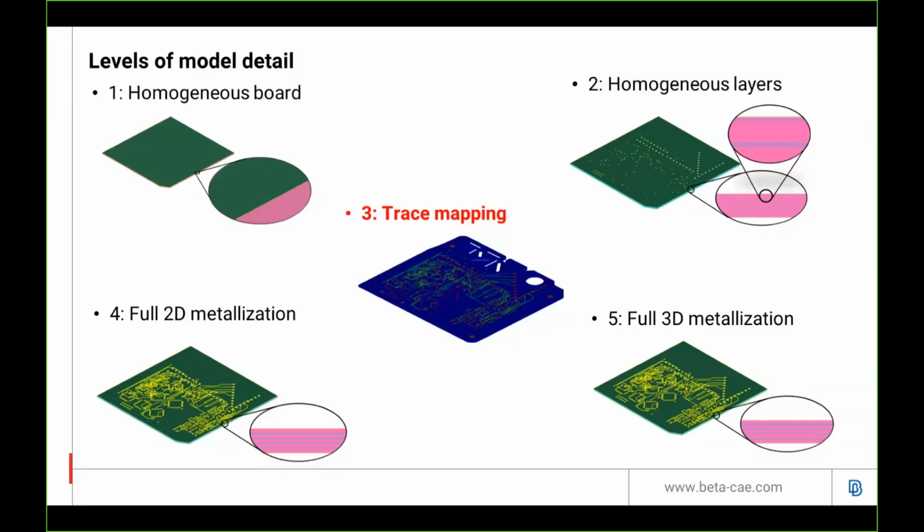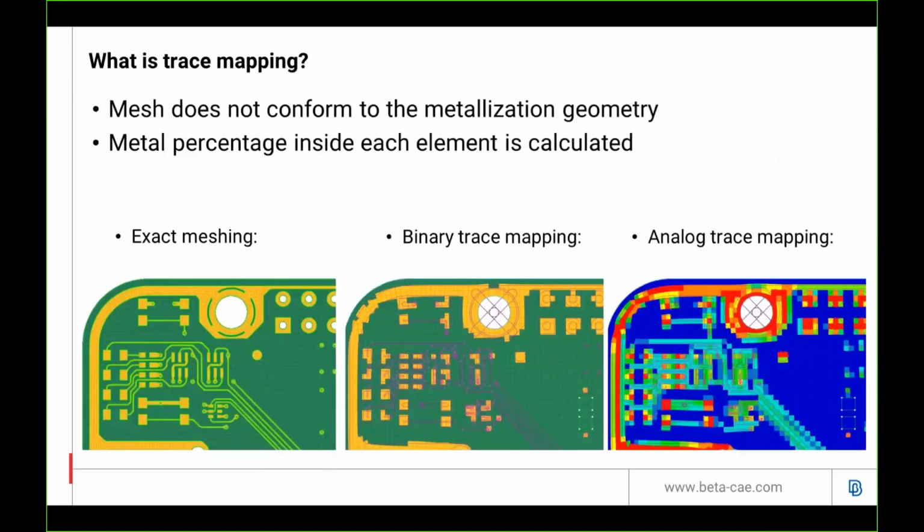So you have 3D metallic traces representing the exact geometry of the conductors of the PCB. Now, in trace mapping, we have something in between. We have metallic features, but they are not represented exactly. What I mean by this can best be shown in the next slide, by showing you these 3 pictures.